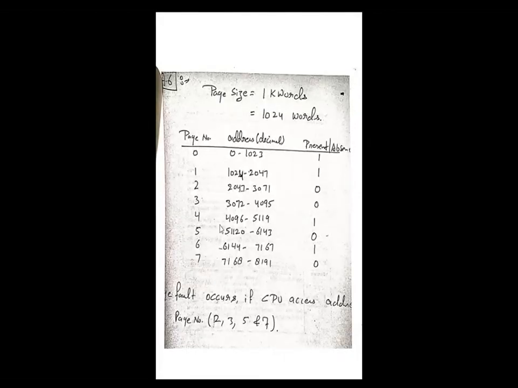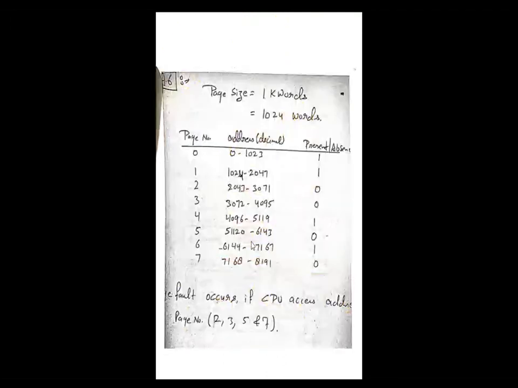Okay, and in main memory, what are the pages which are present? Only these pages are present, correct? So pages 0, 1, 4, 6 are present in the main memory. So in the page table, you have the addresses of these pages. You see, for these page numbers, page 0, where is it present? Page 0 is present at addresses 0 to 1023. Why am I writing 0 to 1023? Because the size of the page is 1024, right?